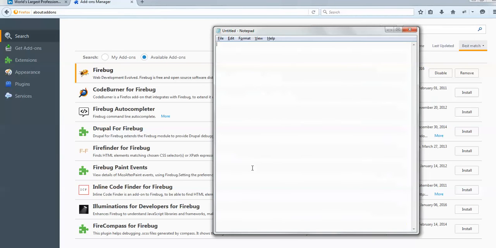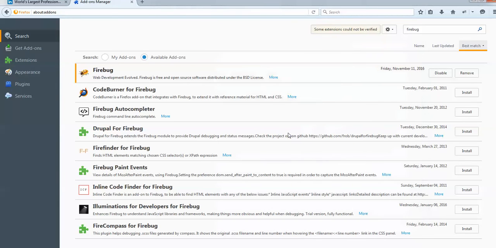So we have installed the FirePath and Firebug add-ons in the Firefox browser. This is very helpful for getting the correct XPaths.